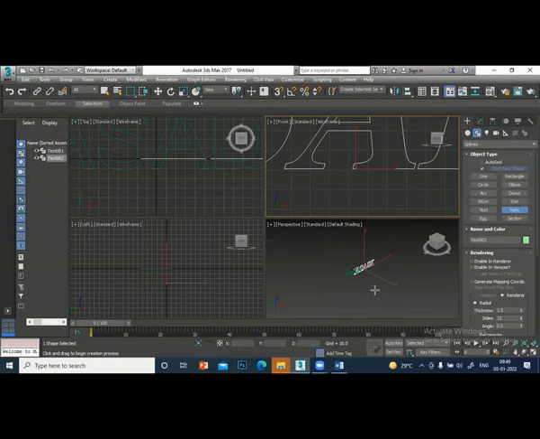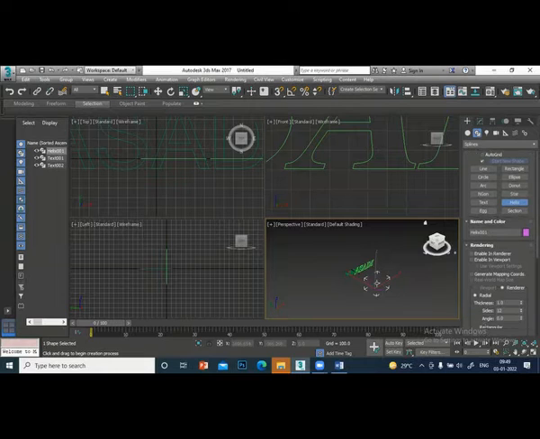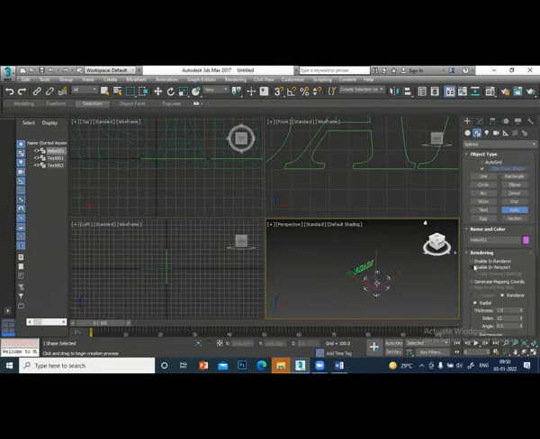Helix. Helix, when I draw in the perspective here, I can't see the ellipse properly. So what I will do is turn the rendering on. Now you can see. Do it again, rendering also on.